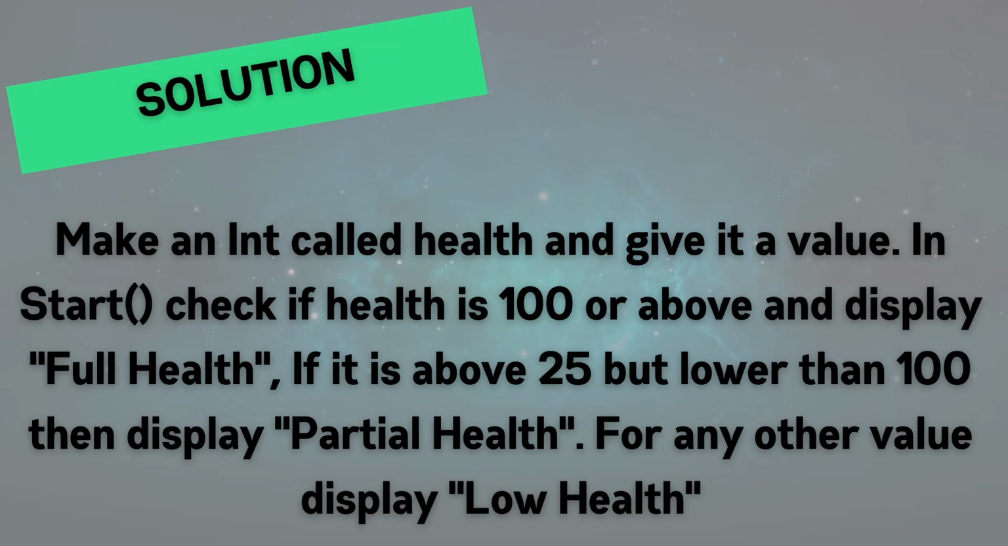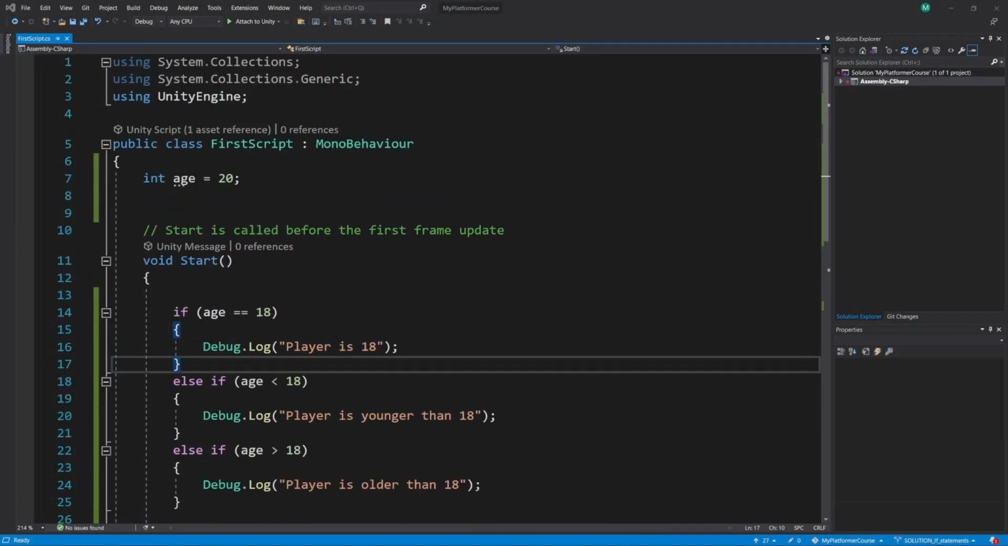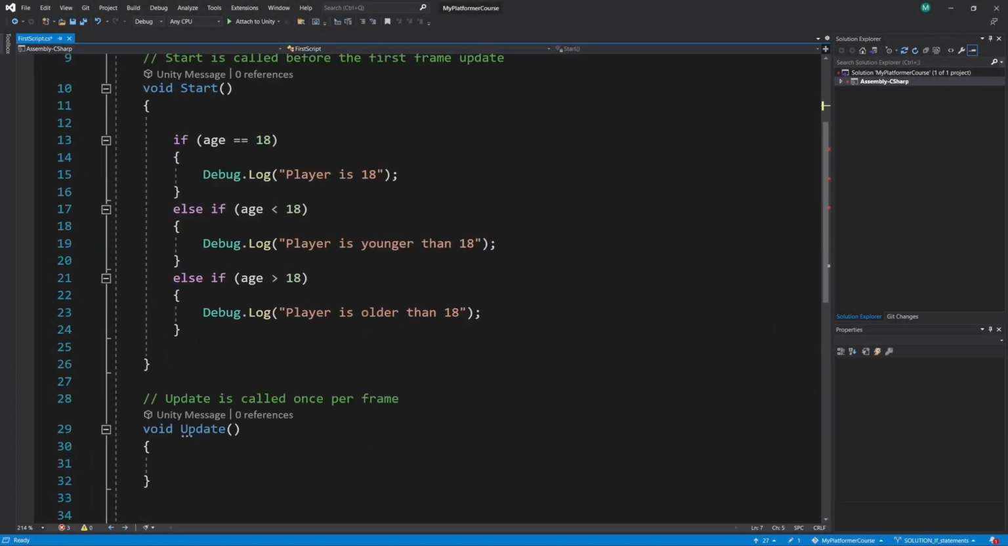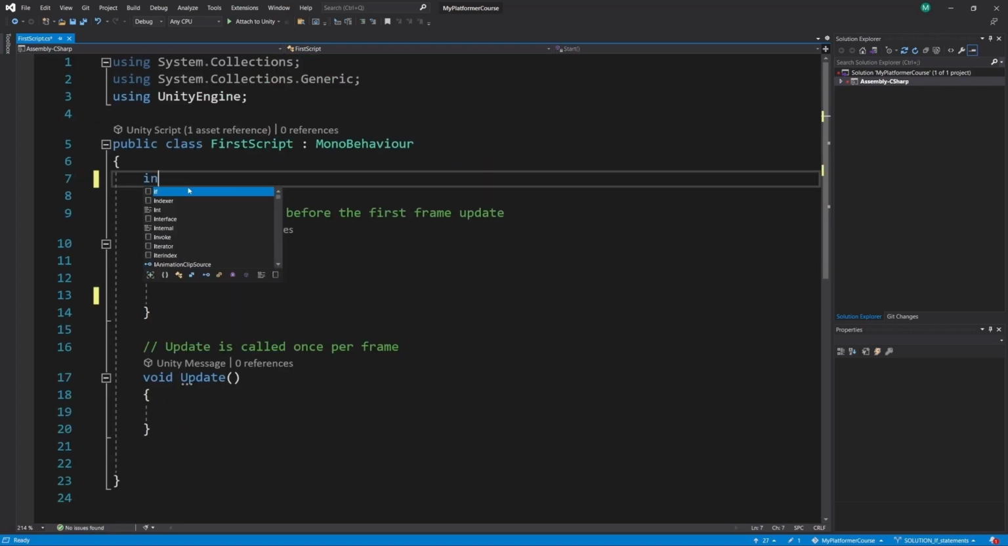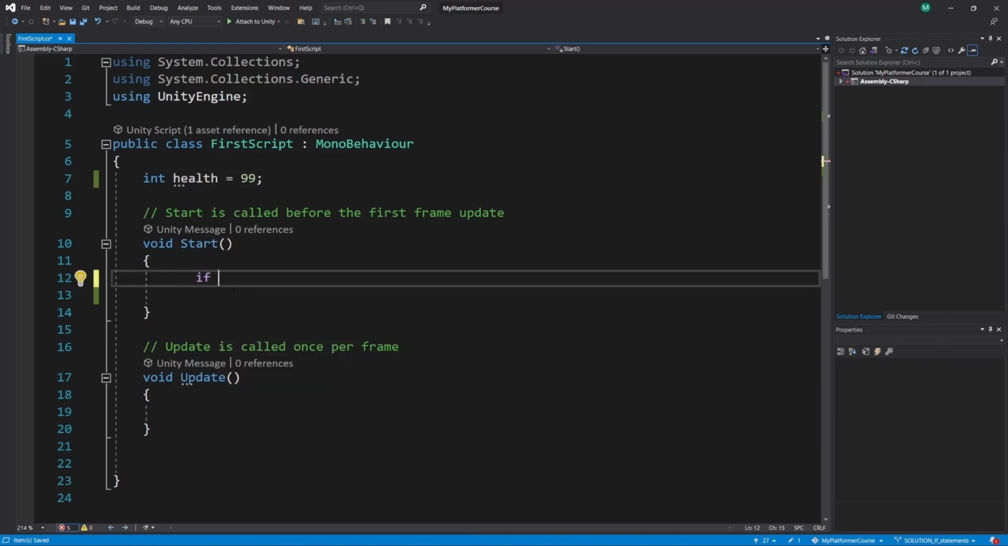I hope you were able to get that working on your own, but if you had any trouble, don't worry about that at all. I'm going to show you how to do it right here. So I'm just going to delete what I previously had in my script here. Okay, and to get started, I'm going to make an integer variable called health. I'm just going to set mine to 99. Okay, so in start, first thing I want to do here